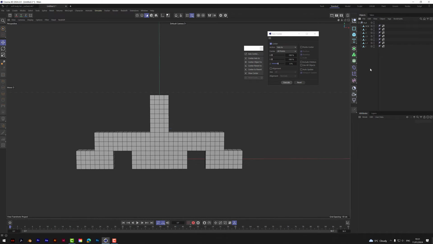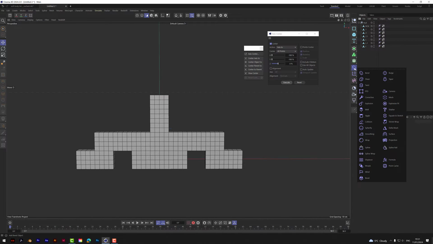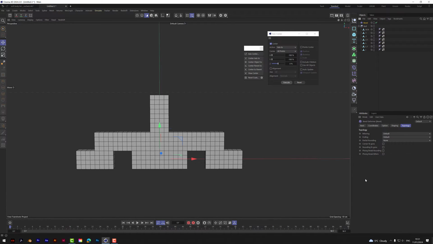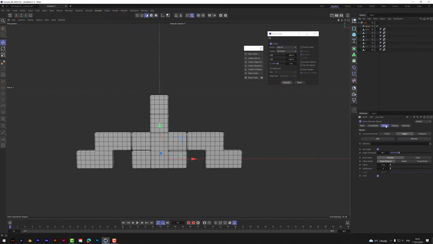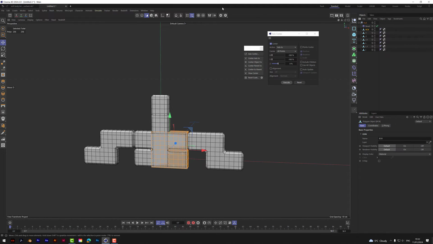So if we go to the deformer menu here, the bevel is here, look. So select bevel, and we want to put that as a child of the null. All right, and straight away it adds a bevel to the very edges of everything, which is great. If we just go onto option and change the offset to say 2, just so we've got a slightly bigger bevel. Now if we click on these, let's go back to object mode,